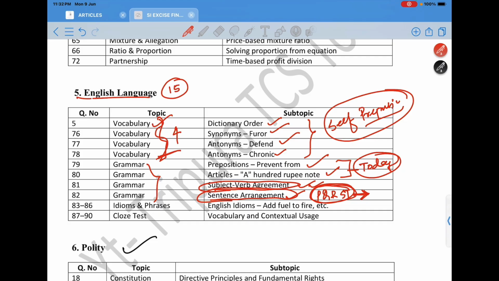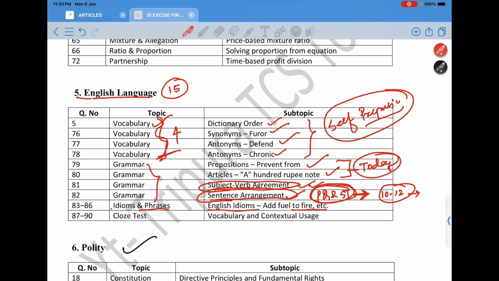Then idioms and phrases also, these are things that you should learn. Just take PDFs, take books, and read. And how to learn? You don't have to remember and mug up things. You just read. For the first time you read lightly, for the second time you also just read, and for the third time you start to mark important idioms, important words, etc. When you are done with revision more than 10 to 12 times, there will be a time when you realize that you know everything. Then you can answer. That is the level of preparation you should do.